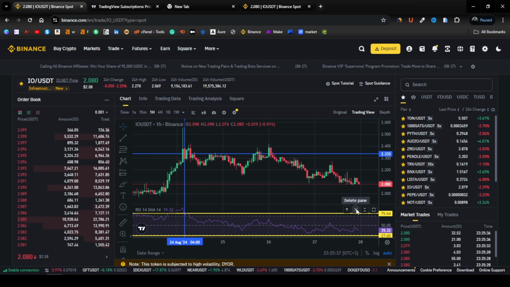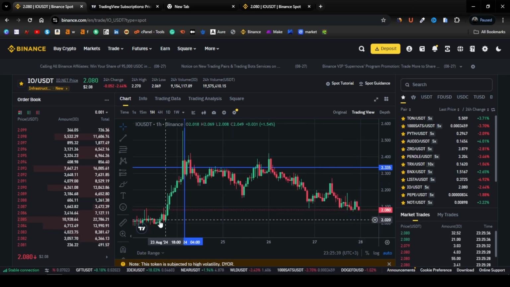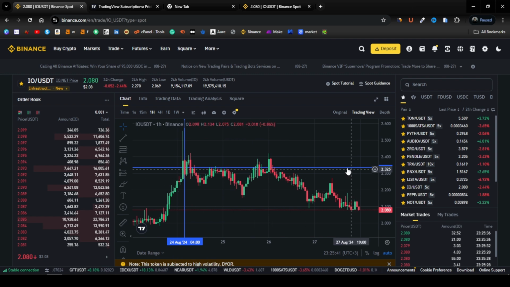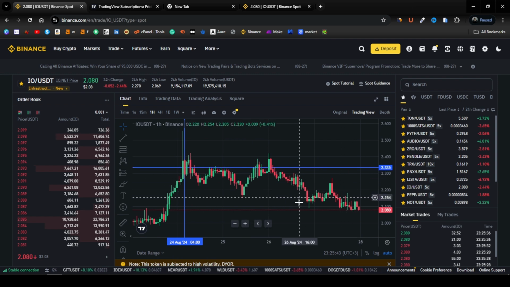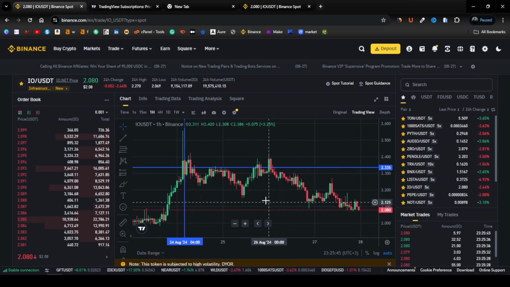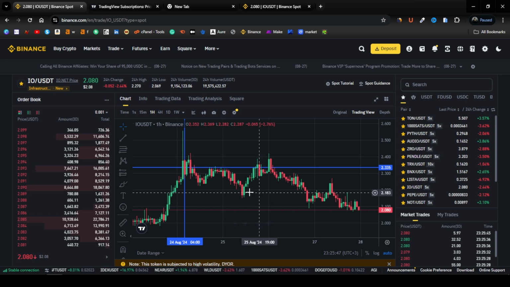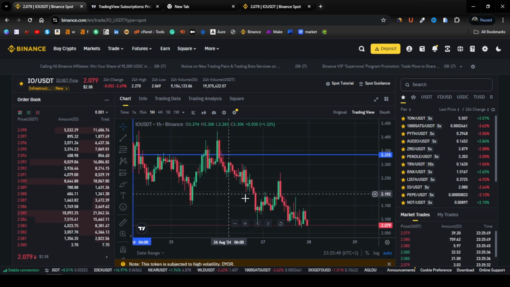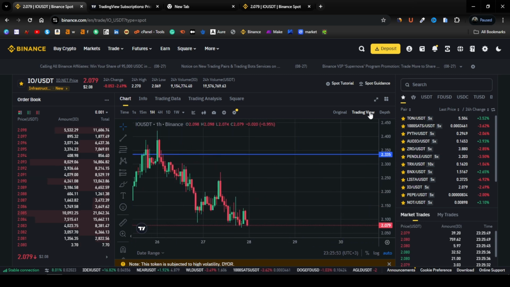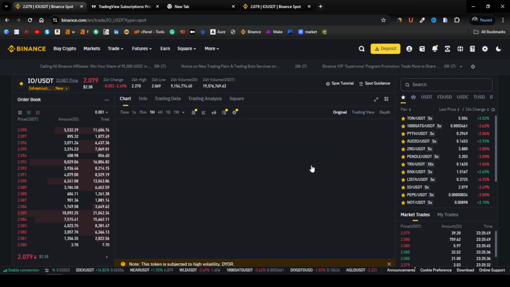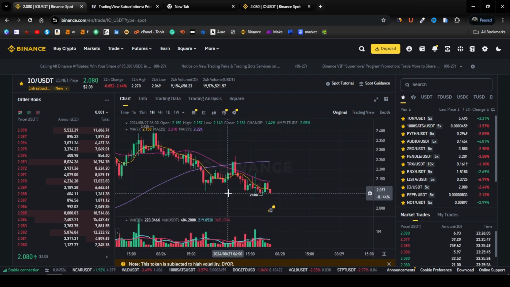Where is it? Delete that pane. And maybe even the price, I'm just going to leave it there, and so maybe you can switch to the original view. It's much easier to move around. Now the current price of this coin is 2.08,